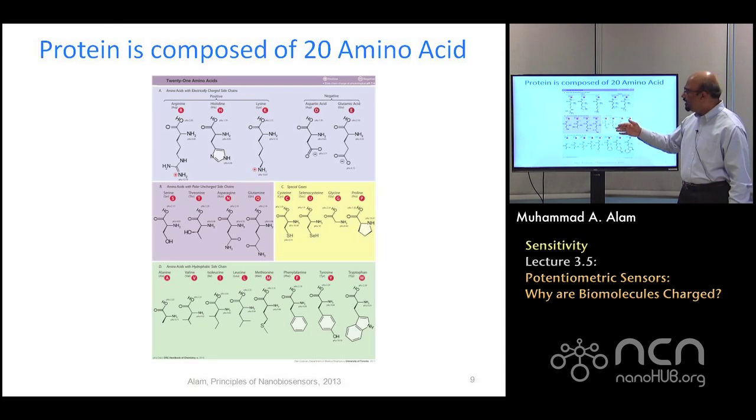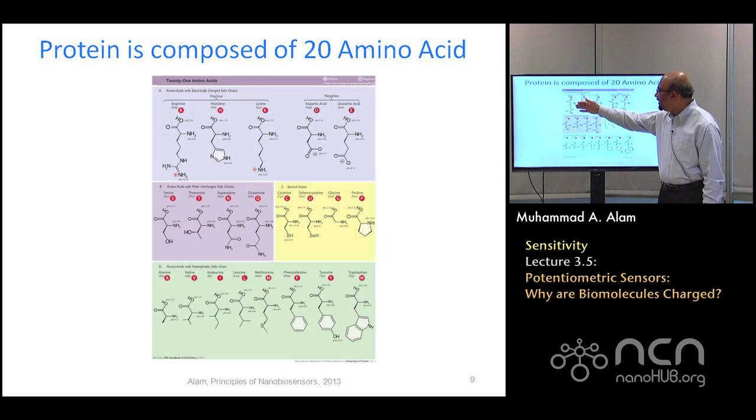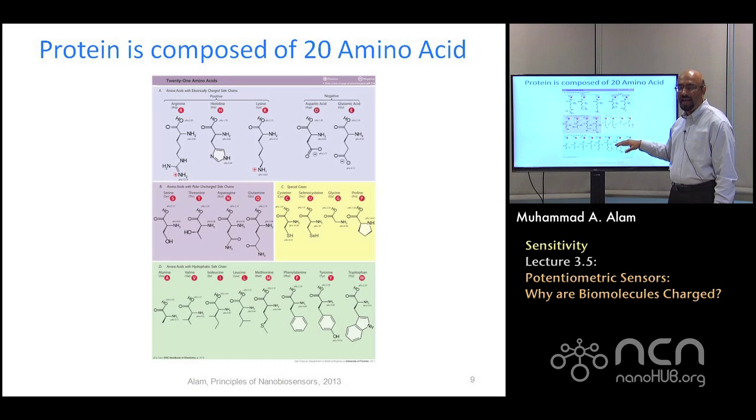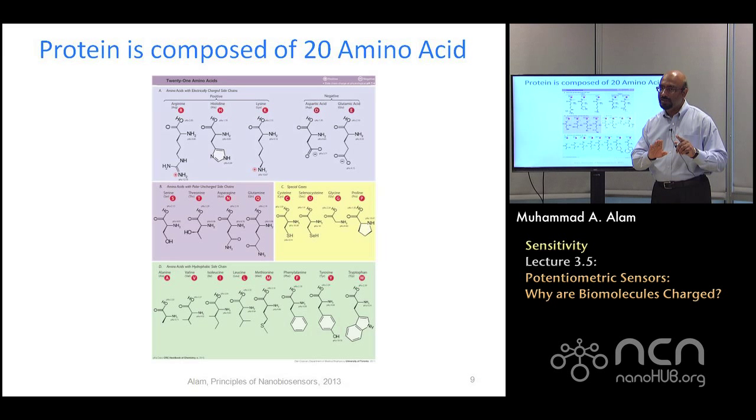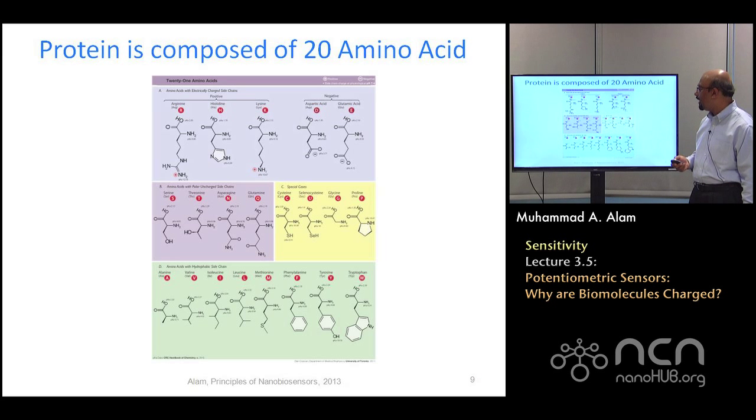Now, very quickly, you can look it up in Wikipedia or any other reference material, that these residues, the residue R, come in quite a variety. They have very different properties. But the important point is, some of them will be positively charged, some of them will be negatively charged, some of them will be uncharged altogether. So as far as potentiometric sensors are concerned, we'll just focus on the amino acids that are charged. So let's see how to calculate it.